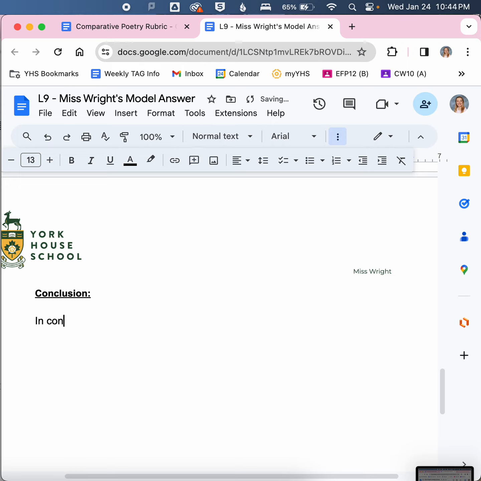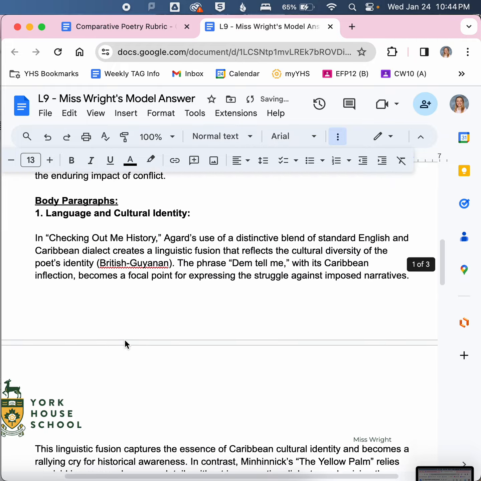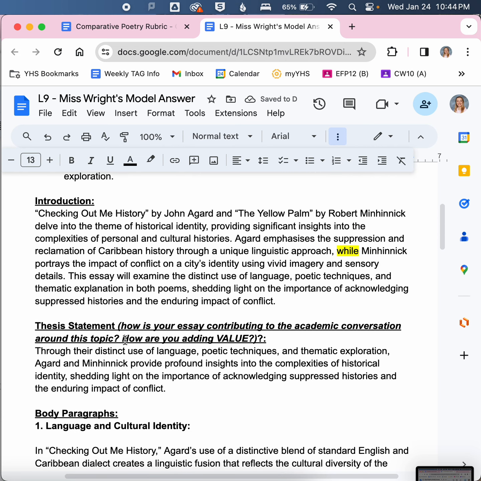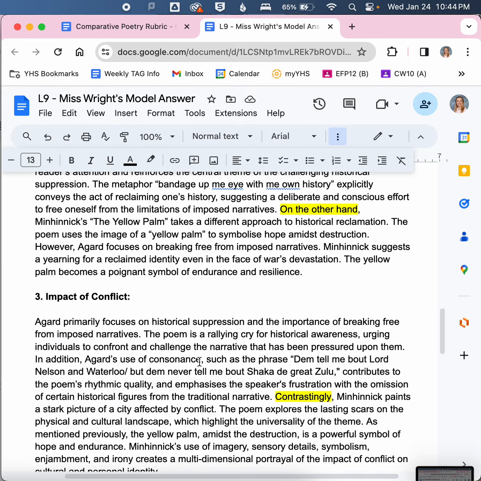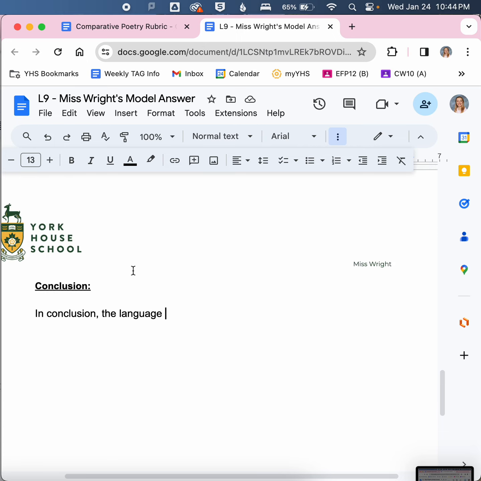So I'm going to say, in conclusion, and this really, I want to wrap up the whole thing. So really, I'm going to be going full circle. I'm going to be coming back to my thesis statement, back to my introduction, and then mentioning some of the things that I've already spoken about in my body paragraphs. So I'm going to say, in conclusion, the language devices employed by Agard and Minhinnick contribute to the depth and